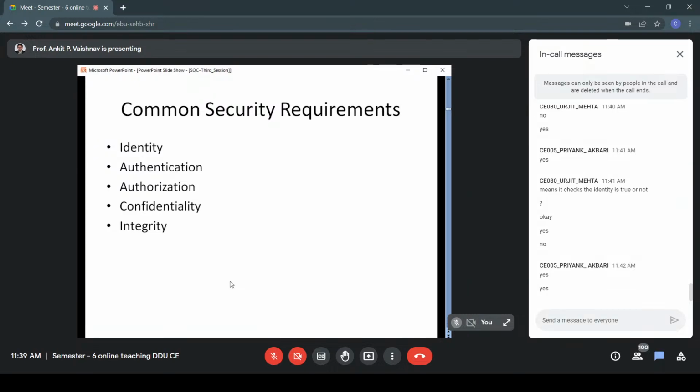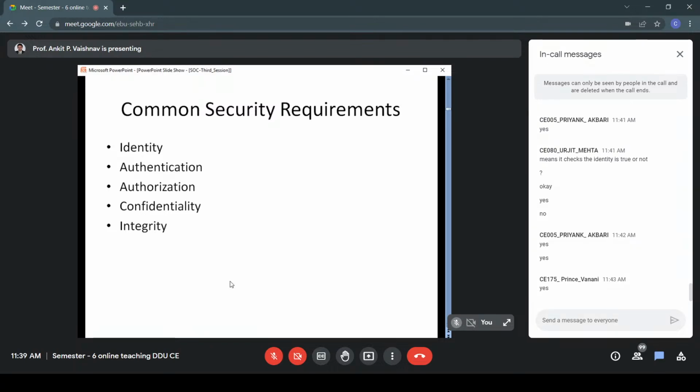And integrity ensures that the content has not been modified. In case of transactions, these last two requirements are absolutely necessary. Do you agree with this? Is this making sense?